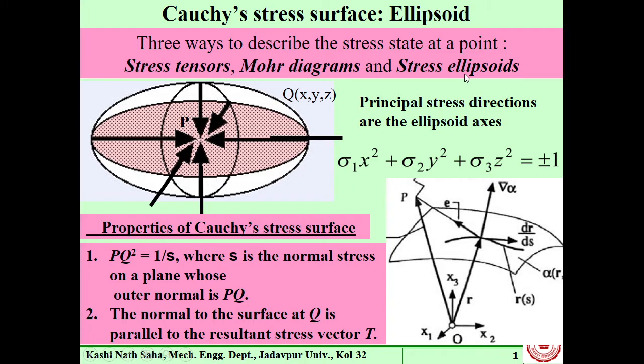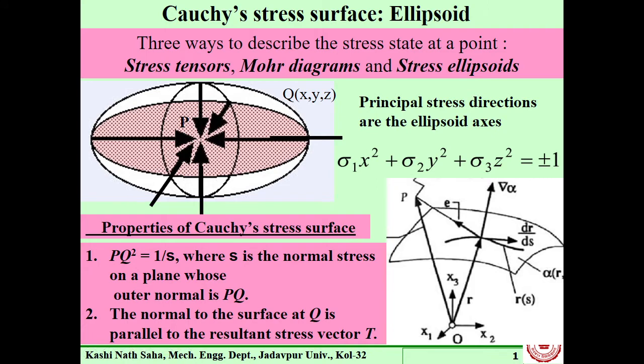So today's topic is how to represent the state of stress in a surface. Surface means it is a three-dimensional surface, not a plane surface, it is a curved surface. And the particular shape of that surface is an ellipsoid, so that surface is a stress ellipsoid. An ellipsoid is shown here. You know what an ellipsoid is? You revolve the ellipse about its major axis, okay, and then you will get such an ellipsoid.